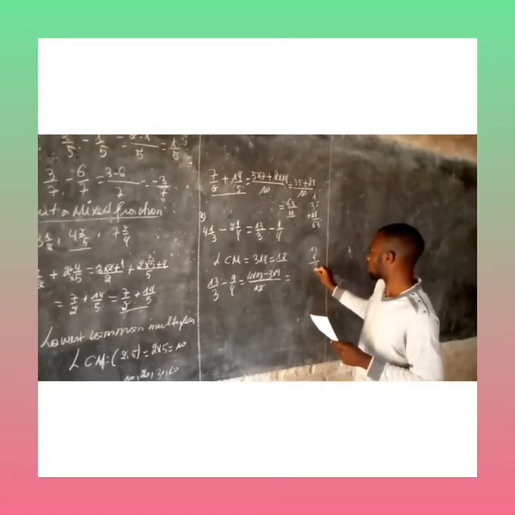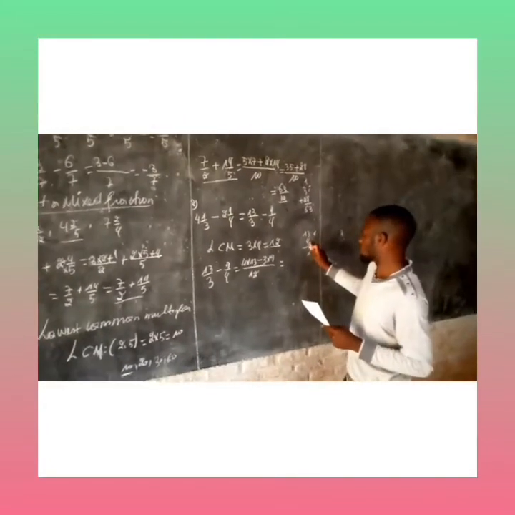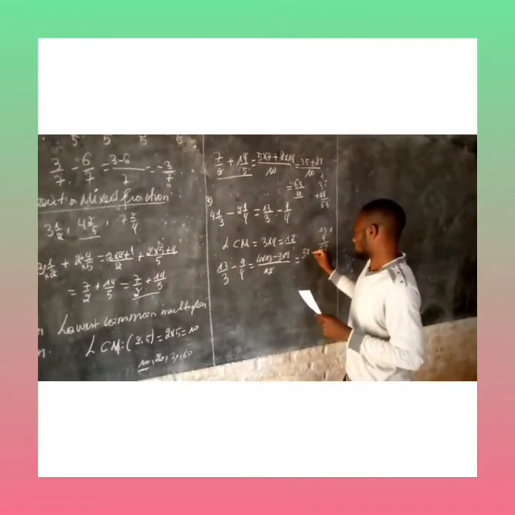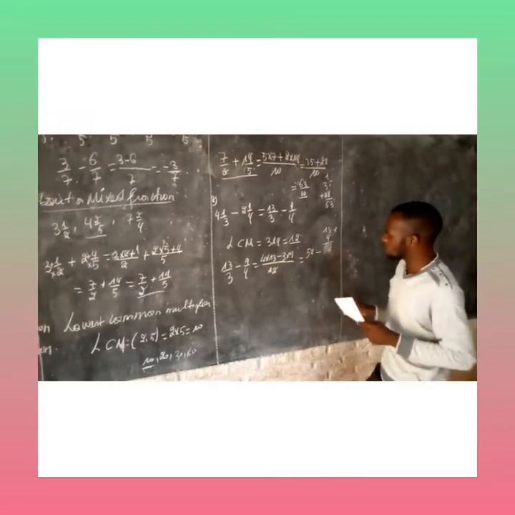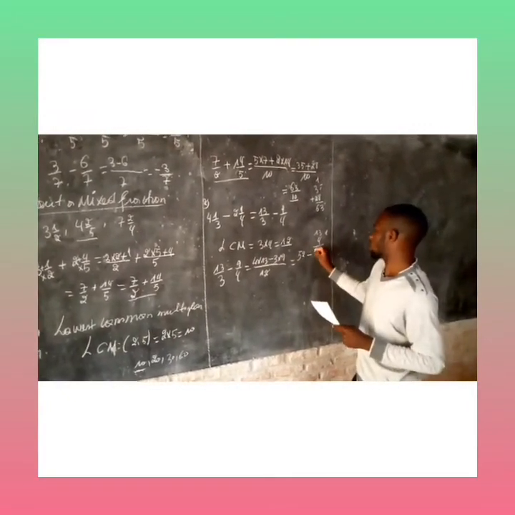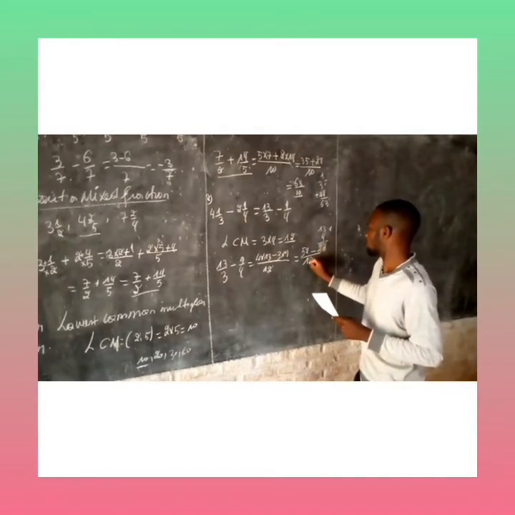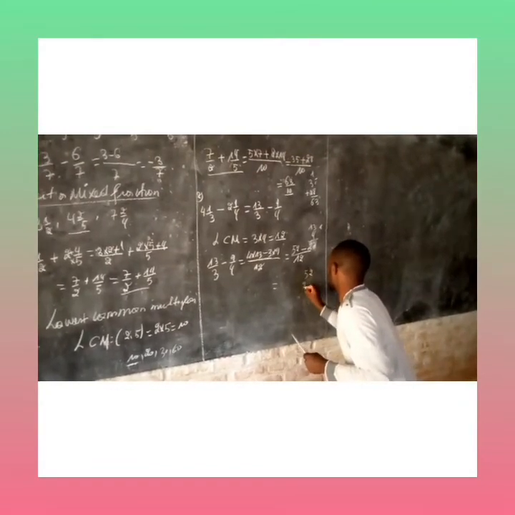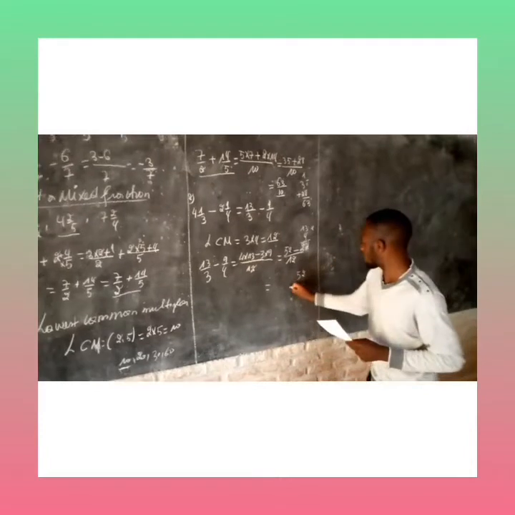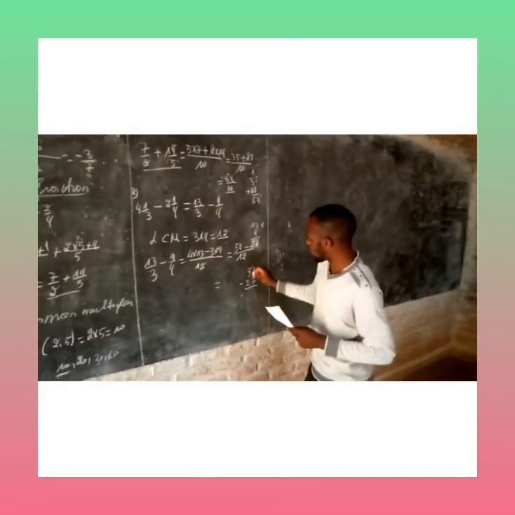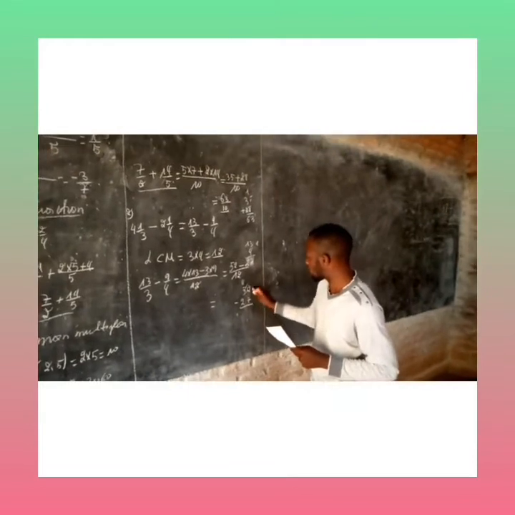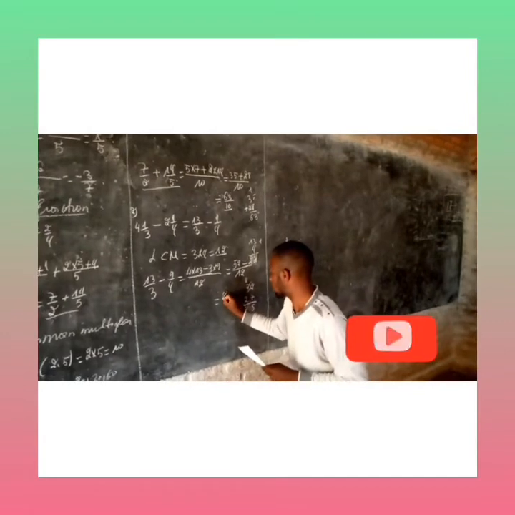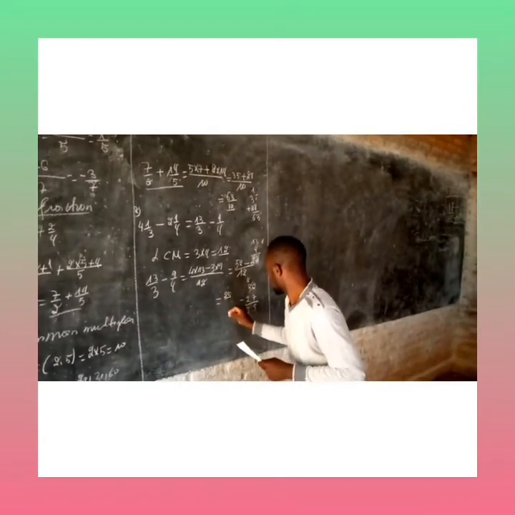So we get 13 times 4: 4 times 3 is 12, I write 2 and carry 1. 4 times 1 is 4, plus 1, we get 5. The result is 52, minus 3 times 9, which is negative 27, over 12. Now 52 minus 27. 2 minus 7 is not possible, so I borrow 1 here, the 5 becomes 4, and now we have 12. 12 minus 7 is 5, 4 minus 2 is 2. This means that we get 25 over 12.